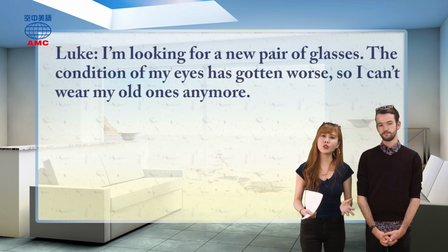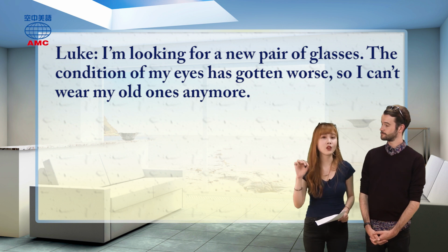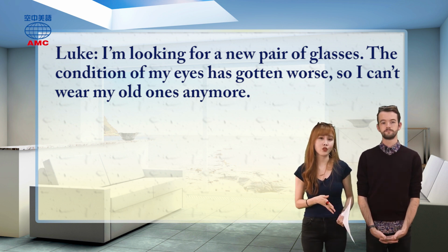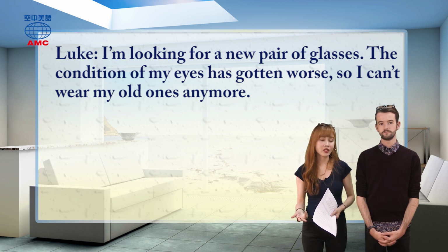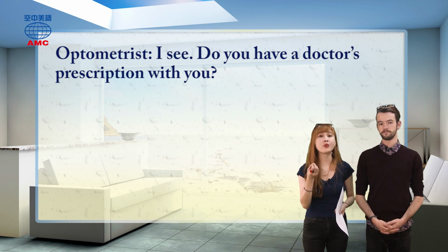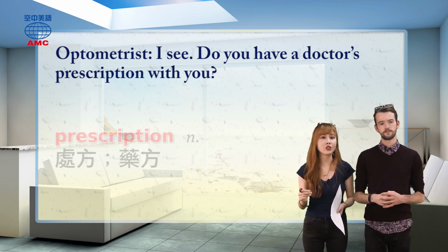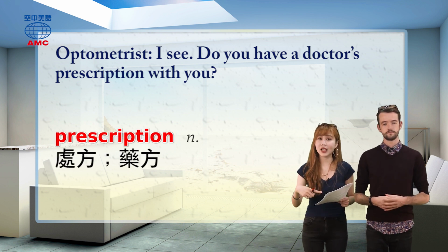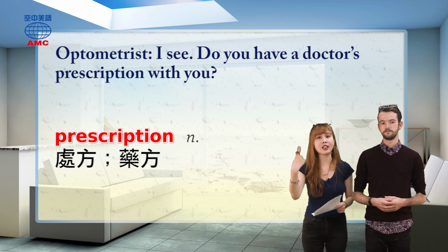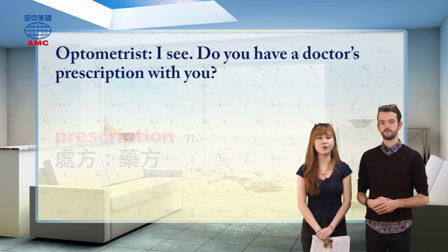好啦，那回到课文，为什么 Luke 他要配新眼镜呢？原来他的眼睛的状况就是 condition 变差啦，所以他旧的那一副就不能用了。And the optometrist continues by saying, "I see. Do you have a doctor's prescription with you?" Ooh, what's a prescription? Good question. Prescription 通常我们是指的就是医生会开的处方、药方或者处方上开的药。那这里它是要配他眼镜的一个度数。